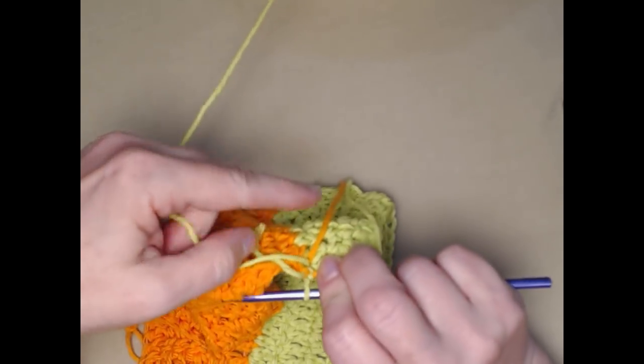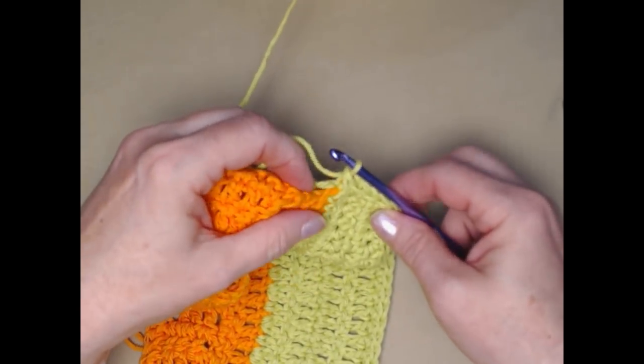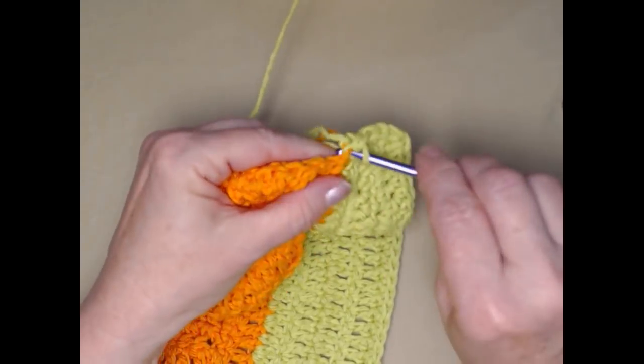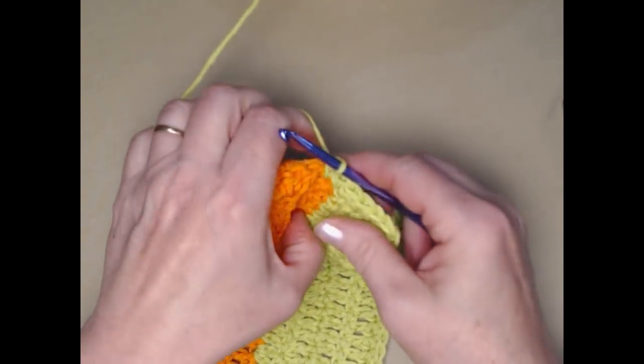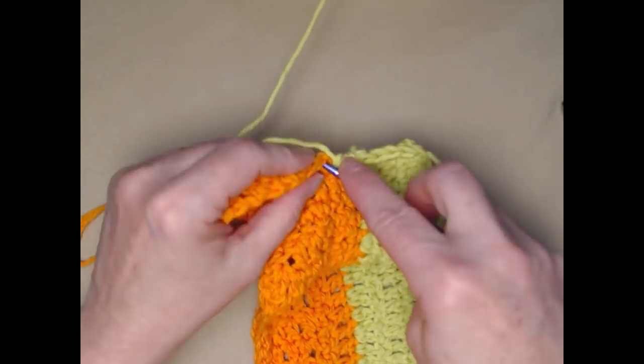Whoops. Don't want to pull those ends that I need to weave in into the wrong color, as it will show through. Alrighty, one right in that corner. And now I'm just going to work my way back down this other side